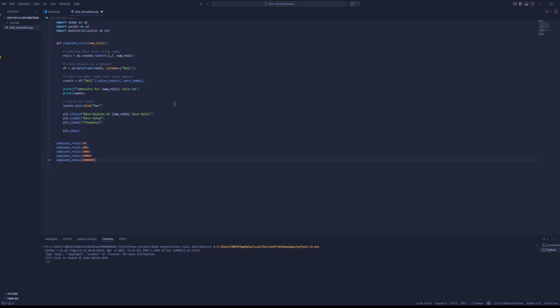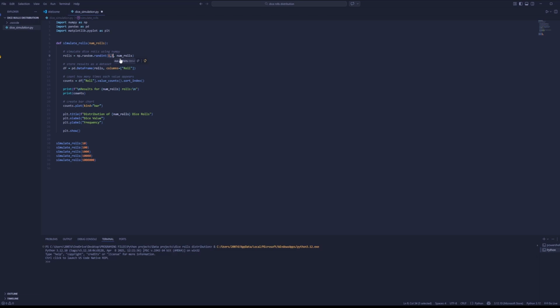To make this statistical behavior even more clear, I decided to run multiple simulations, one with 10 rolls, 100, 1,000, 10,000 rolls, and then finally 1,000,000 rolls. You might be asking, well, a die is 1 through 6, why is it 1 through 7? Well, this line here generates random integers between 1 and 6, but in NumPy, the upper bound is exclusive. So that just means that the function stops before the second number. So by using 7 as the upper bound, we allow the values 1 through 6, which matches the outcomes